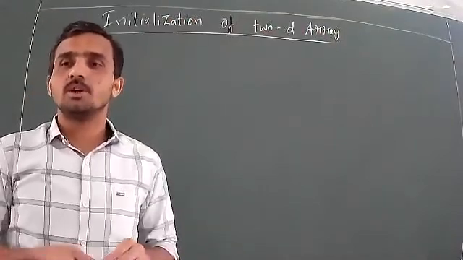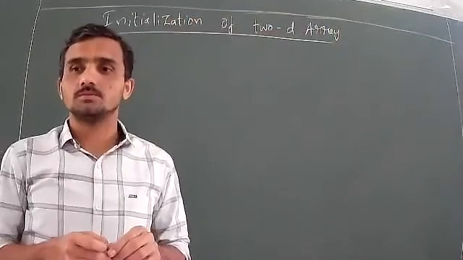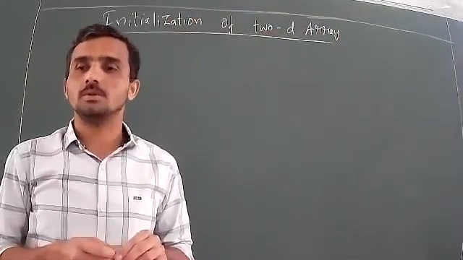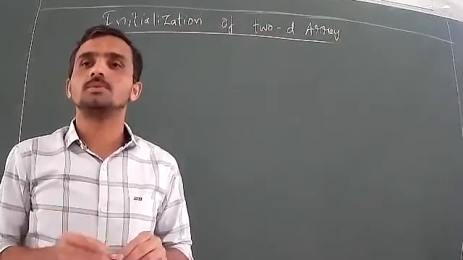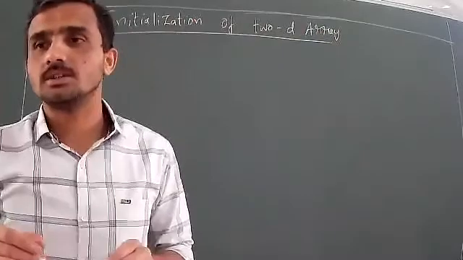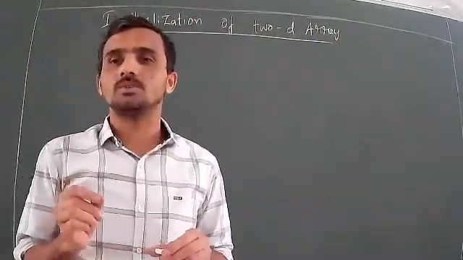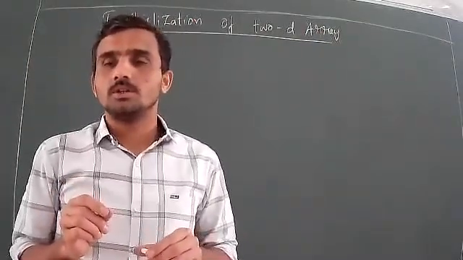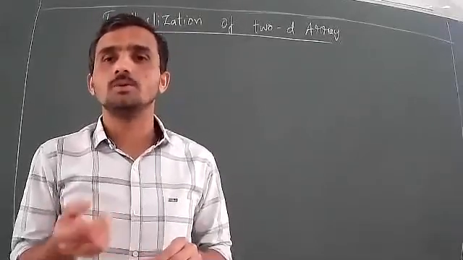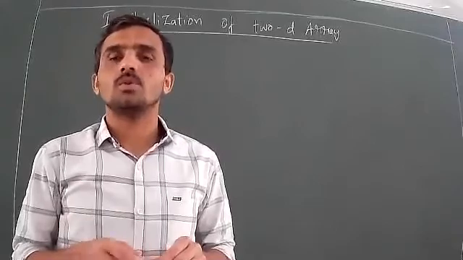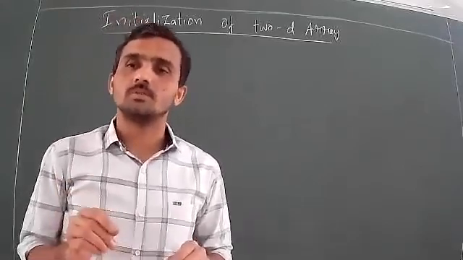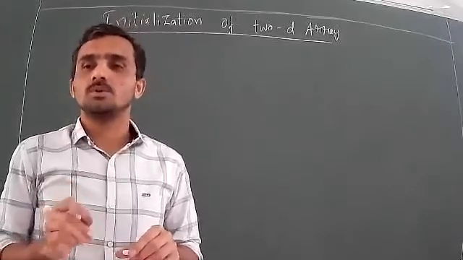See, whenever we speak about the initialization process, that is nothing but giving initial values to the variables. That is at the time of declaration. So when we declare a variable, two things happen. That is, the amount of memory will be fixed for the particular variable, and the type of the value will come down. So what type of value the variable will store, or what we can store in that variable. So two things: type of the value in that variable, and amount of memory required to store that value.